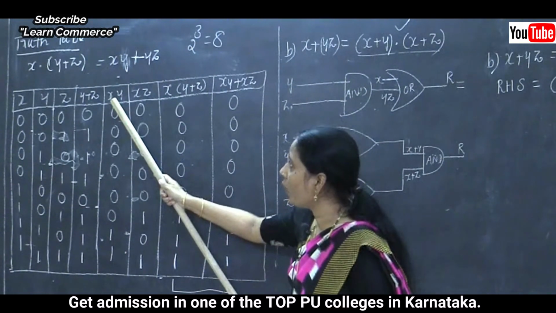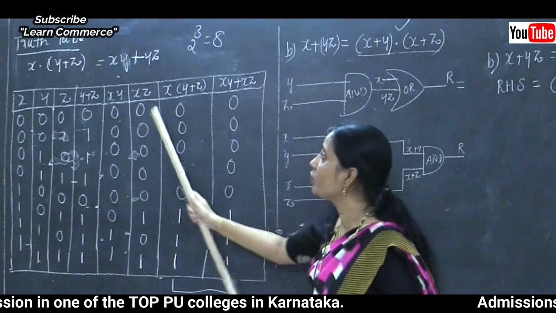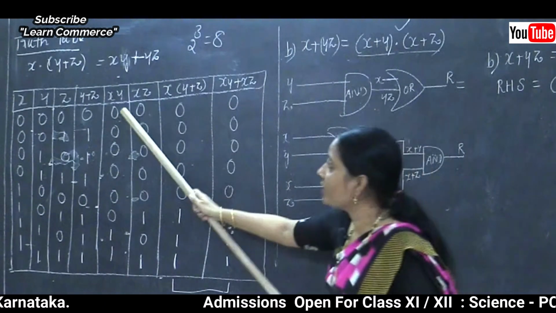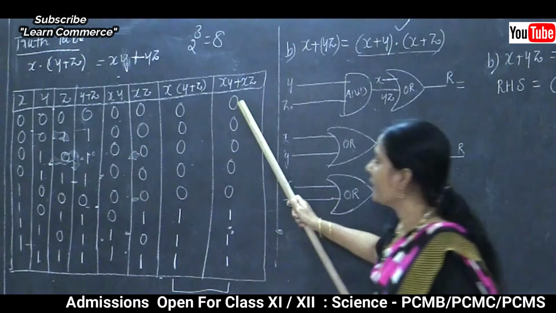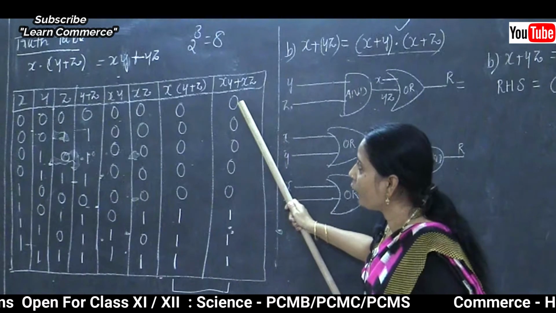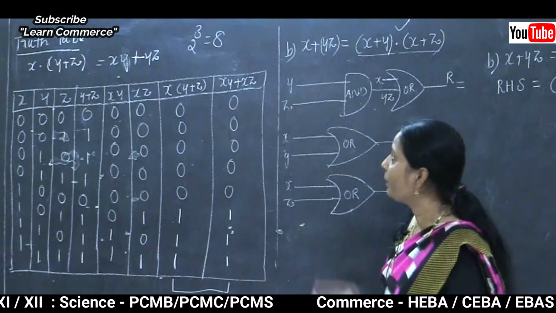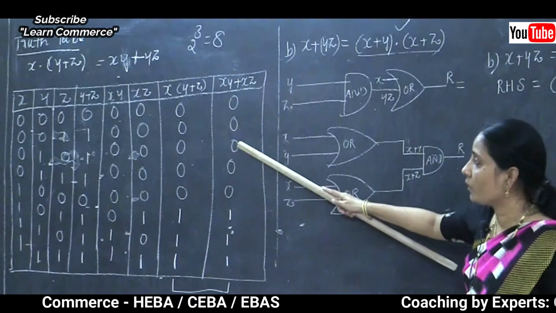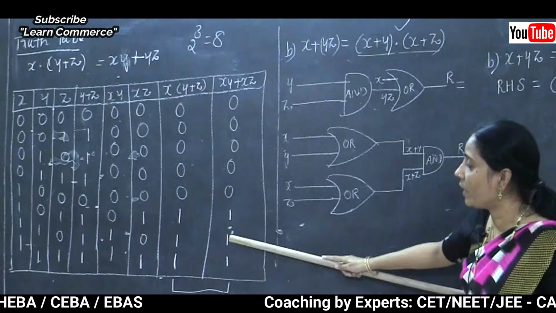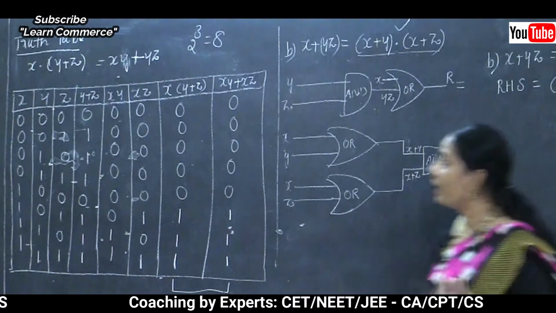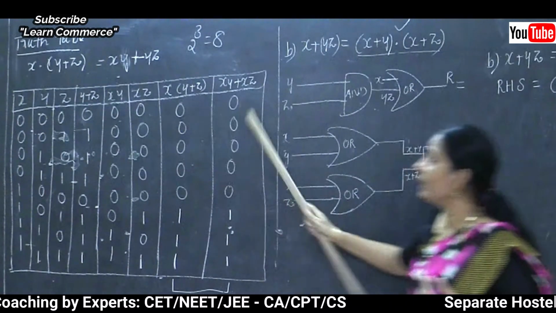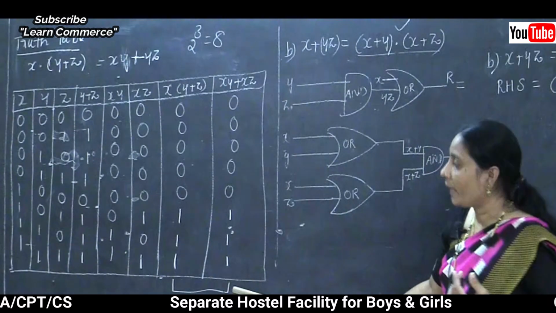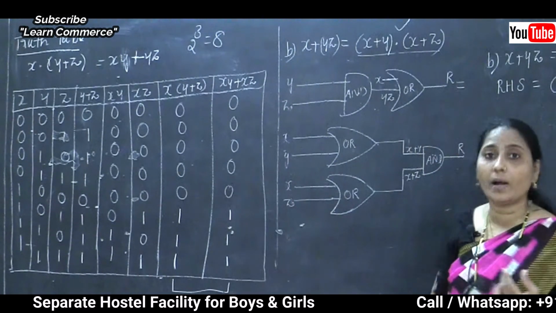The fifth column and the sixth column, and such columns are going to be ORed. So here is the plus sign. When you add 0 plus 0, the answer is 0. Like that, when you take the columns xy plus xz, the result will be 0, 0, 0, 0, 0, 1, 1, 1. And when you compare the left hand side result with the right hand side result, both results are equal. So hence it is also proved by using our truth table.